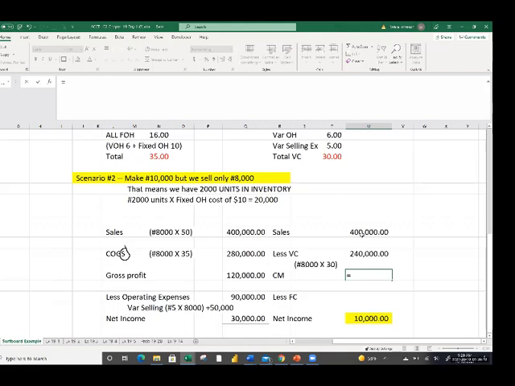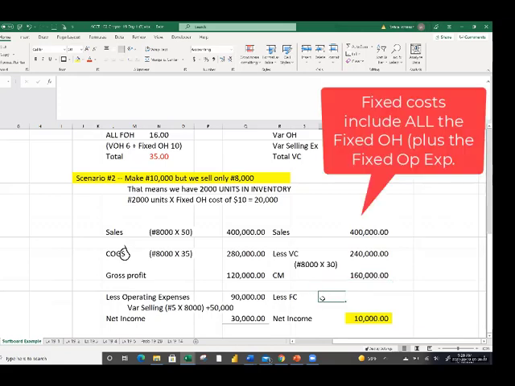The contribution margin will be the difference. And my fixed cost, this is where the difference in treatment comes in, is comprised of two things. It's the fixed production. We'll call it, let me fit it in there. And it's the fixed selling. Both. The fixed production costs are